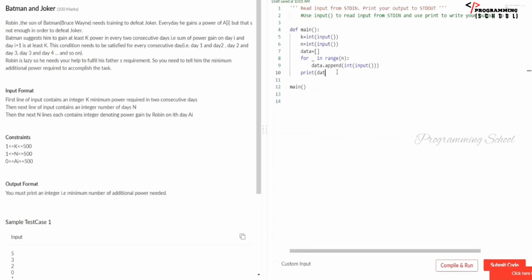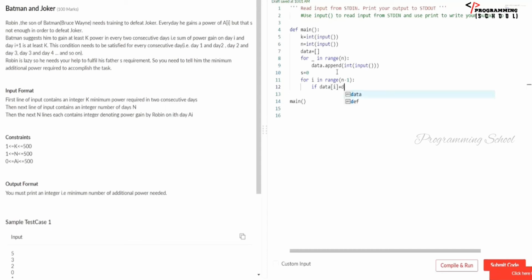Just 201 is the list now. Now I am going to write the logic on 201. Here I'm writing for i in range of n minus 1 only, not reaching the last value, the last but one value. That's why I'm going to write n minus 1. I'm going to take s is equal to 0 to calculate the days here. What is the maximum power here? Minimum. Yes, the minimum power here.